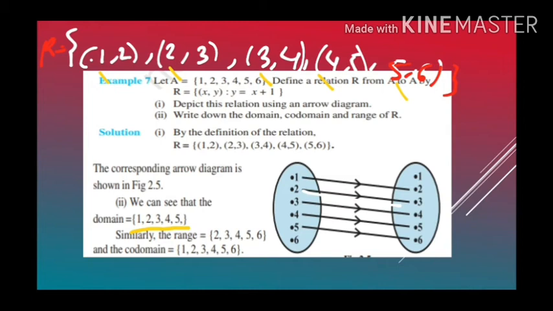Similarly, range is the collection of second elements, which is 2, 3, 4, 5, 6. And codomain, I told you the second set is considered as codomain. This is the second set A, which contains 1, 2, 3, 4, 5, 6. So codomain is 1, 2, 3, 4, 5, 6.